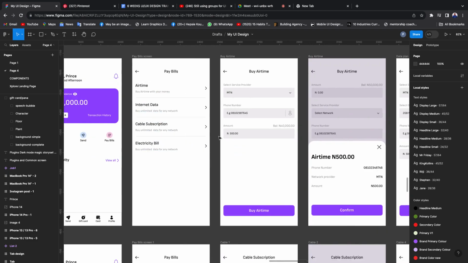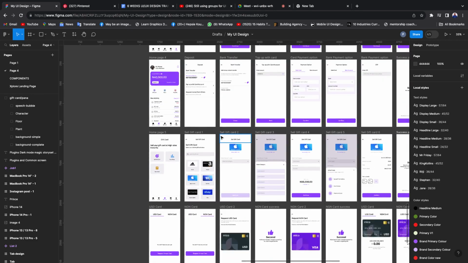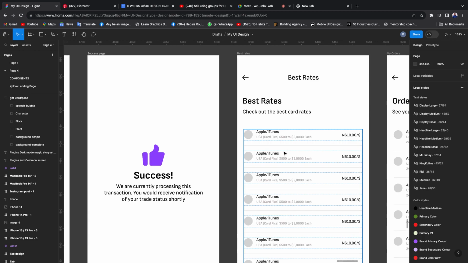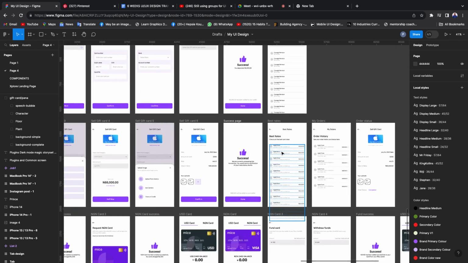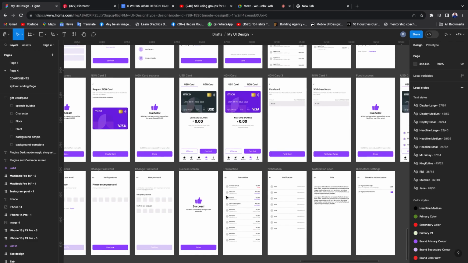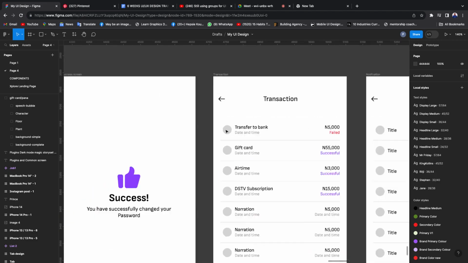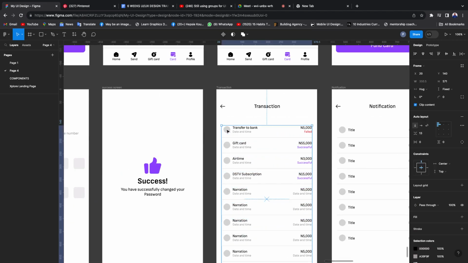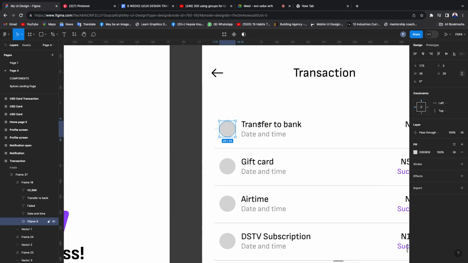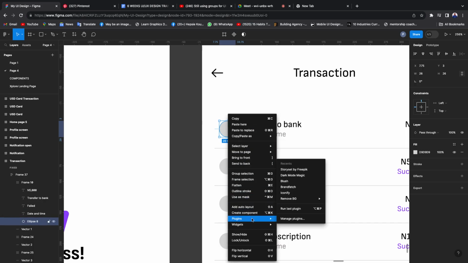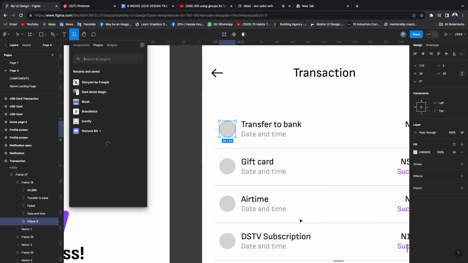So if you want to get images like that, or maybe you are doing a design that has to do with contacts. Let me see if I'll find contact in this design. Okay, let's just assume I want to put pictures here now. What I'll do, I'll just double click till I enter the frame and touch the circle. I see I've selected the ellipse. If I right click and I go to plugins, I search for it, no content reels here. So I'll just go to manage plugin,